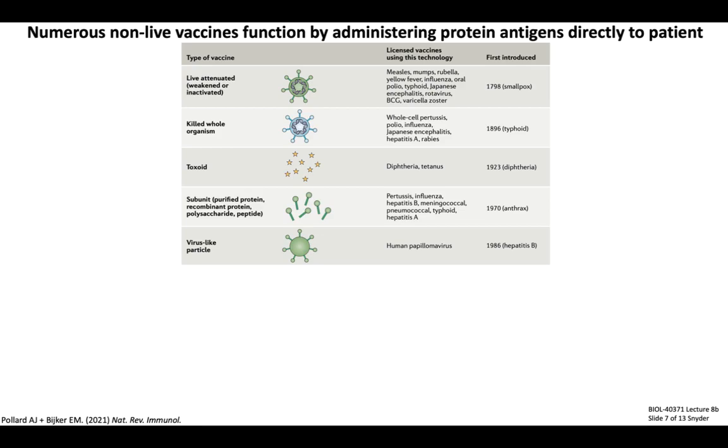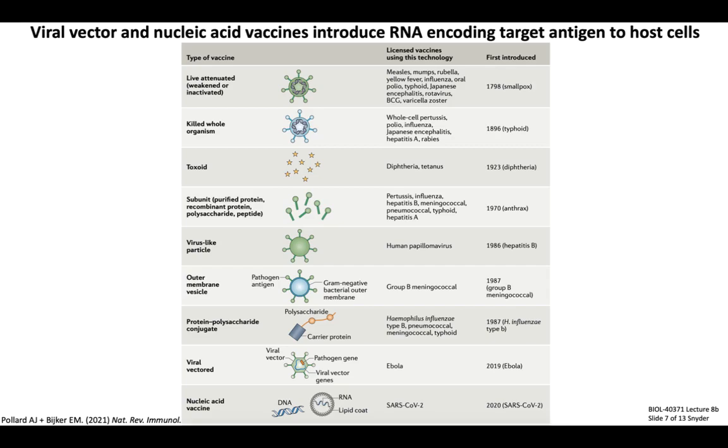Subunit vaccines contain purified proteins or polysaccharide antigens from pathogens, and viral-like particles function similarly to subunit vaccines, except that these protein subunits are attached to a synthetic particle that makes them physically look more like an actual virion rather than just purified bits of protein. There are a couple of formulations like polysaccharide conjugates and vesicles that I won't get into today,